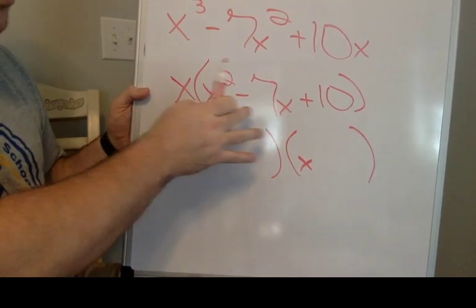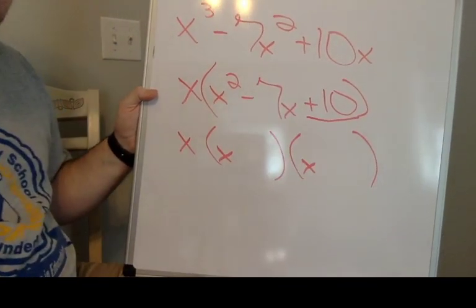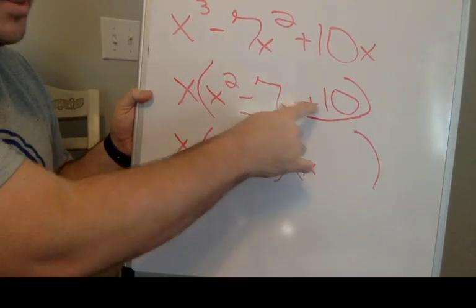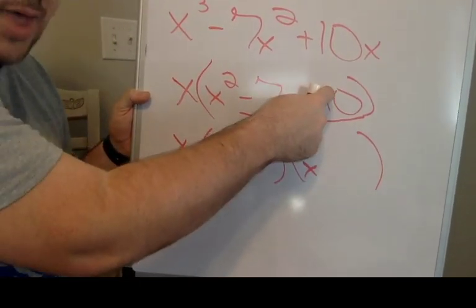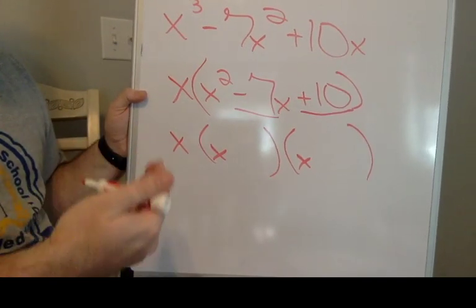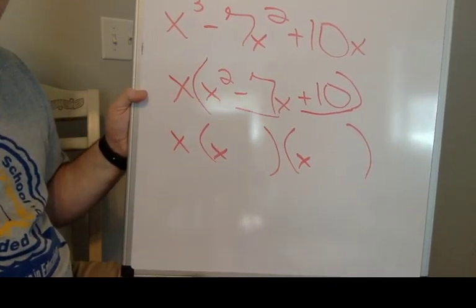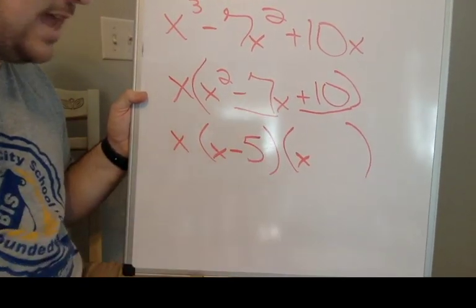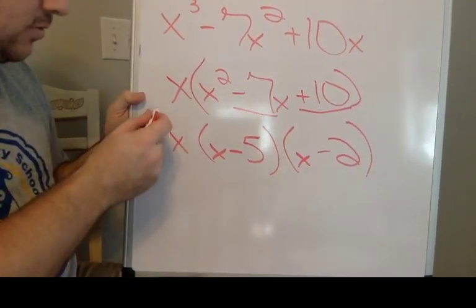So you see it says x squared minus 7x plus 10. So all I'm looking for is what can multiply to give me positive 10, but add together to give me negative 7. Well, this is positive, so you know your factors have to be two negatives in order to multiply to give you that, but add to give you a negative term in the middle. So we have to think, what two factors of 10 can multiply together to give you 10, but add to give you 7? That should be pretty obvious on this one. It's 5 and 2. So then we have x minus 5, because it's negative 5, and x minus 2, because it's negative 2.